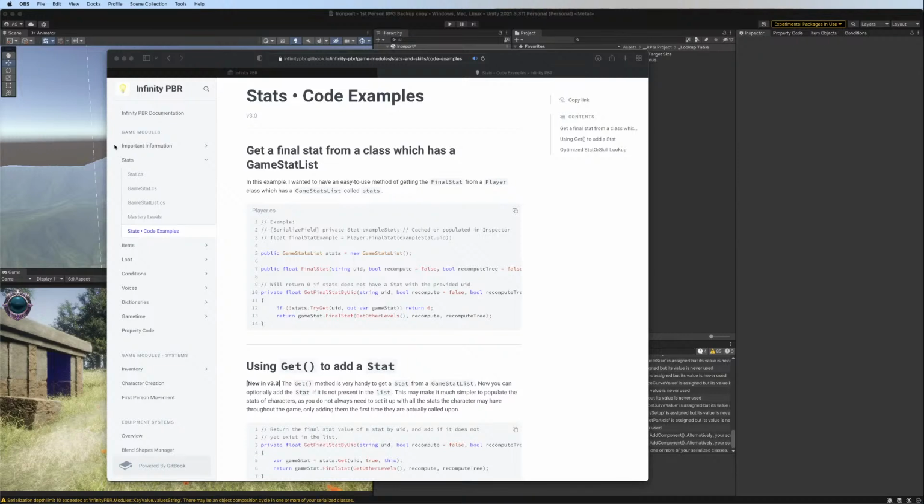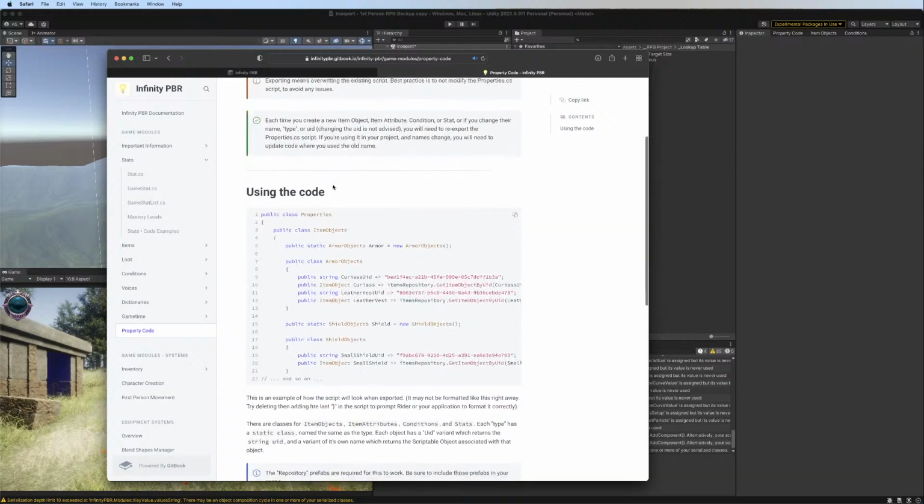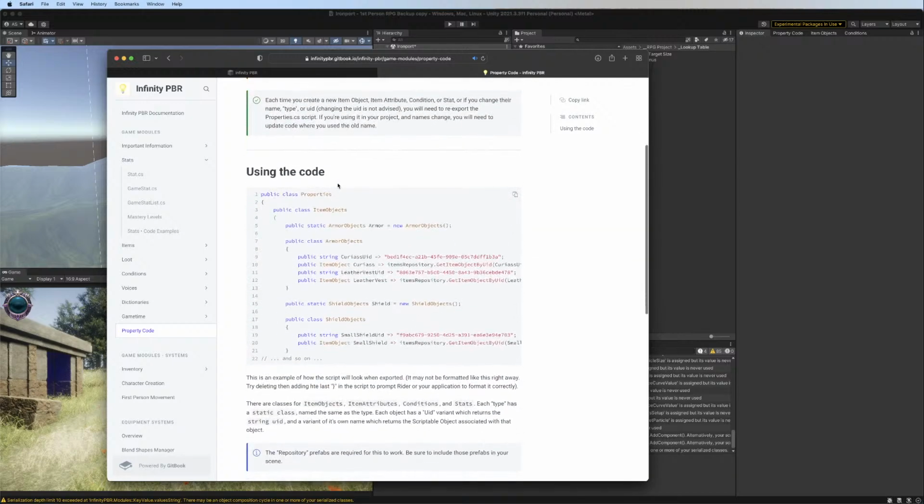Look, we're starting with some code examples because I just updated these and it's exciting. And I'll tell you why it's exciting. It's exciting because I've added two new things to the game modules, which I think are pretty swell additions. And the first one is this property code thing. So I just added this list here, or not list, this